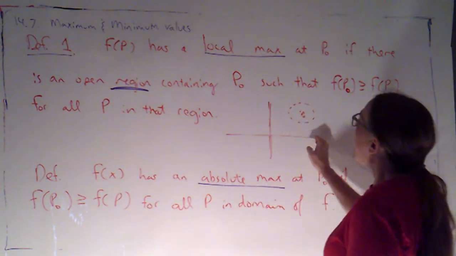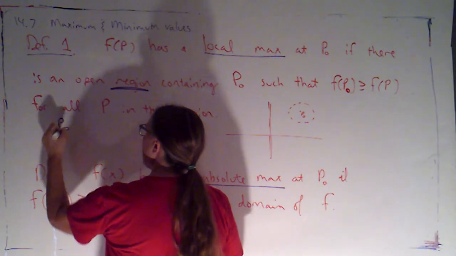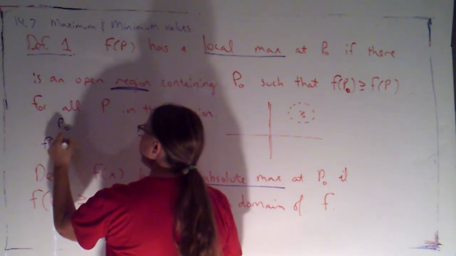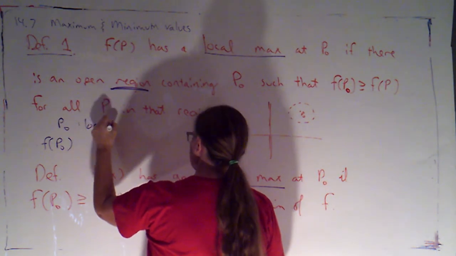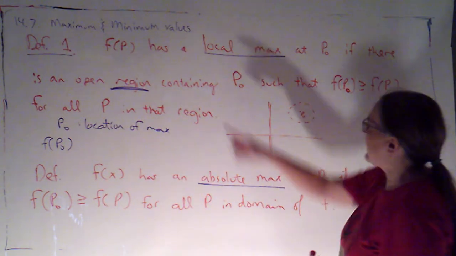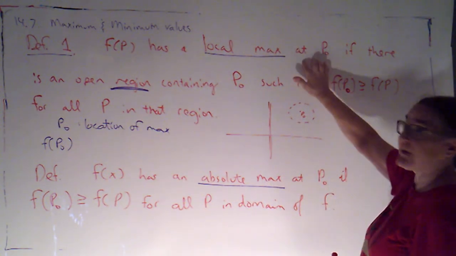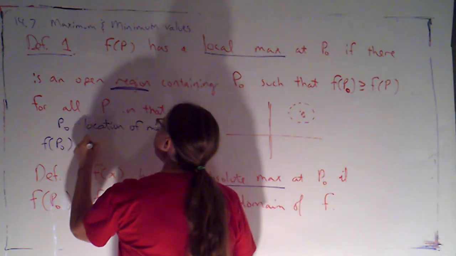I also want to distinguish between p naught and f of p naught. P naught would be the location of the max. Notice it says f of p has a local max at p naught. That's where it occurs. F at p naught is the value